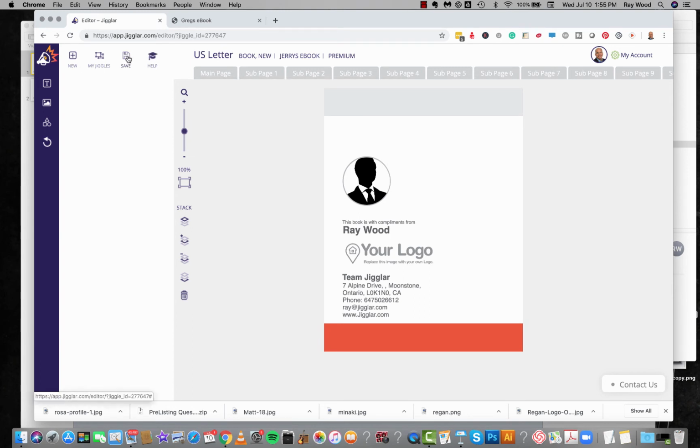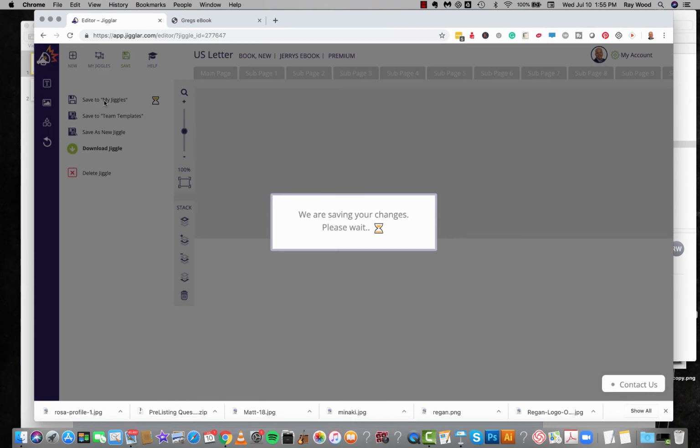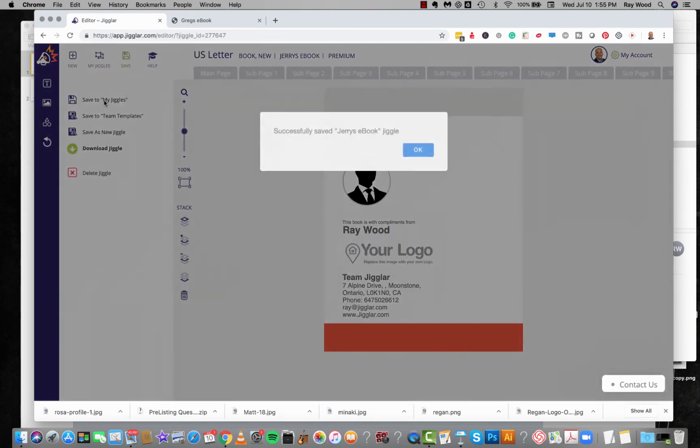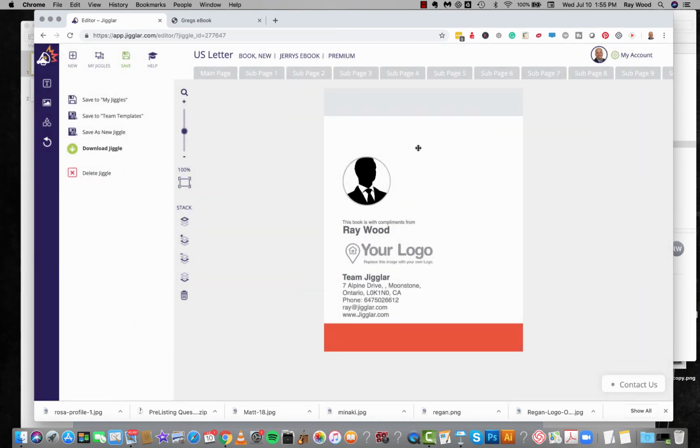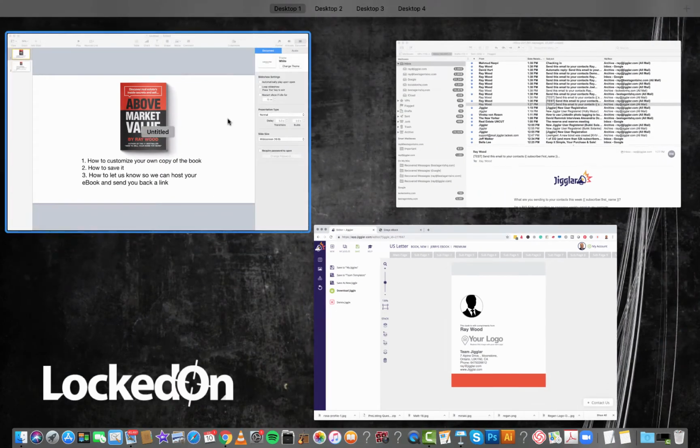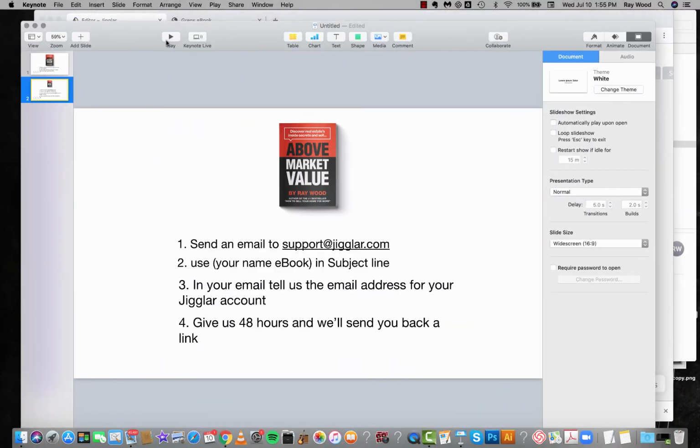So at this point, you have saved your document. You've set it all up, you've customized it, and you've saved it into My Jiggles as Jerry's ebook. Okay, so the next stage is how we set up your link, and that's really, really simple. All you need to do is